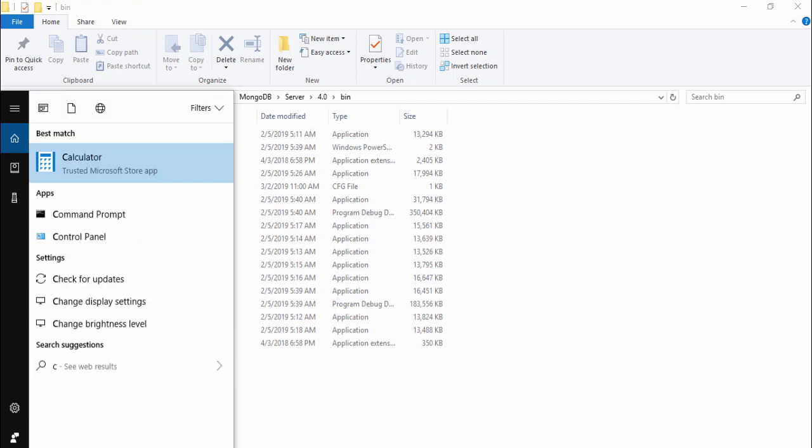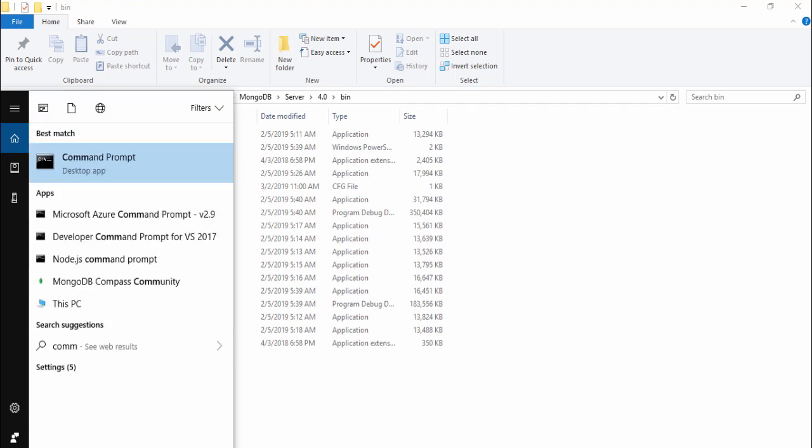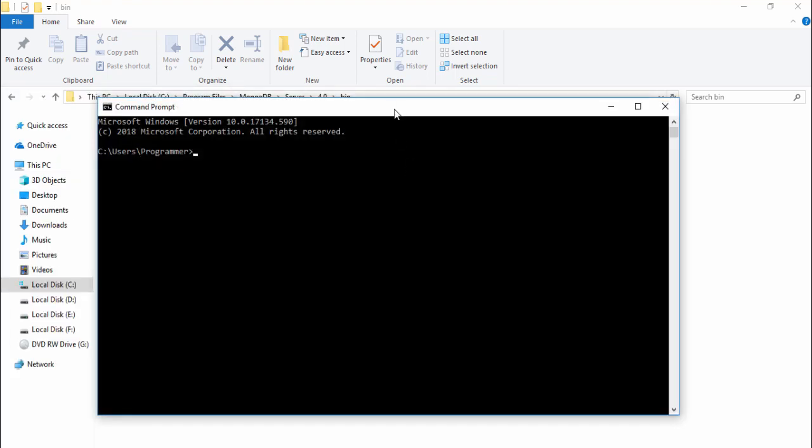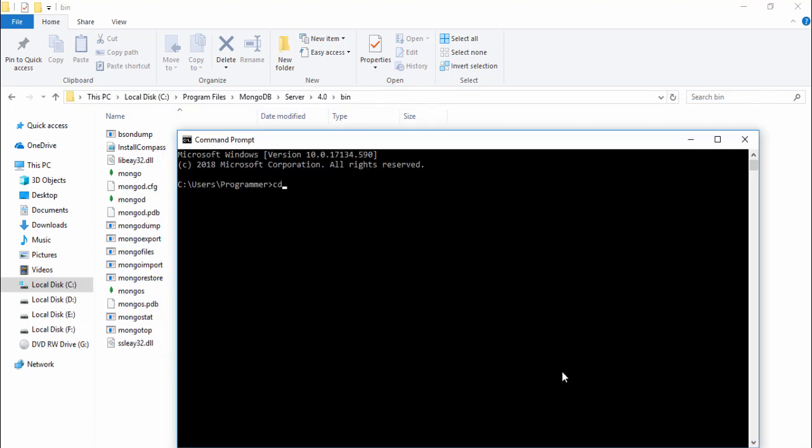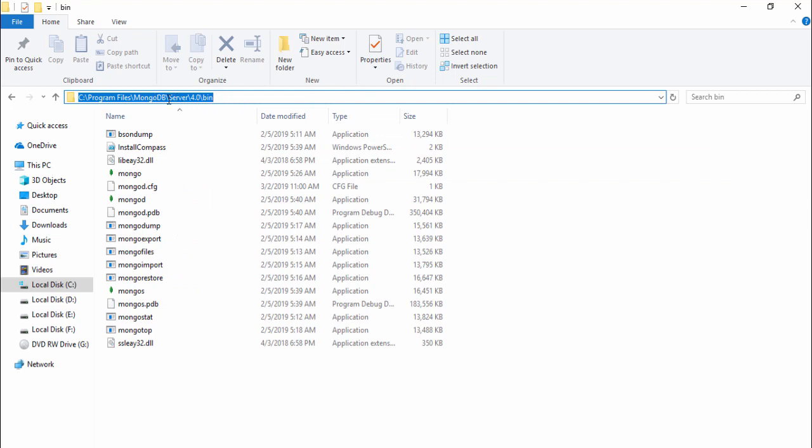I use cmd, and I need to use the complete path. I copy that, use cd, paste the path and hit enter. Then I am able to use MongoDB inside the bin folder, but I'm going to use MongoDB without the complete path. So in case you need to go to your MongoDB server 4.0, this is the bin folder, copy